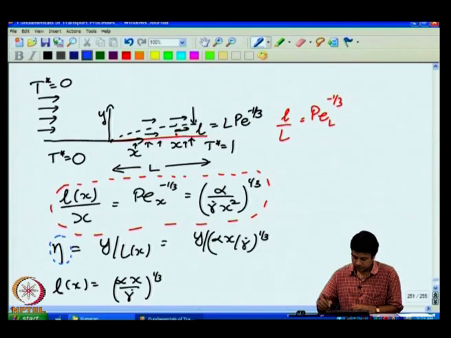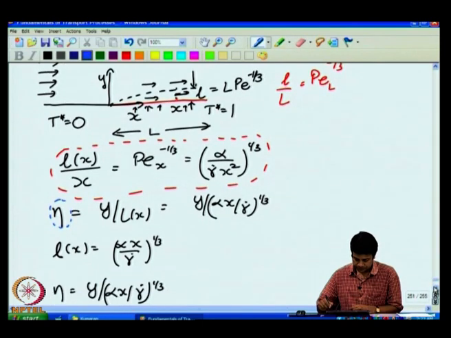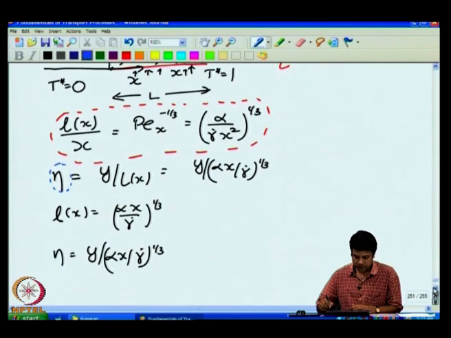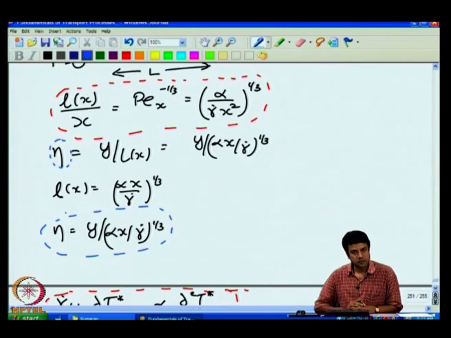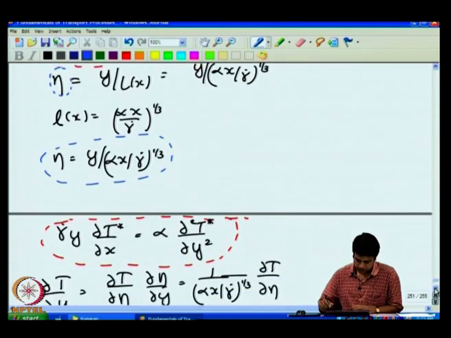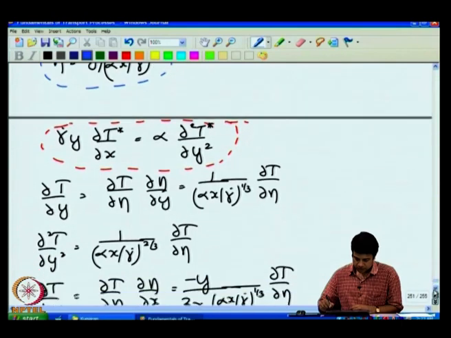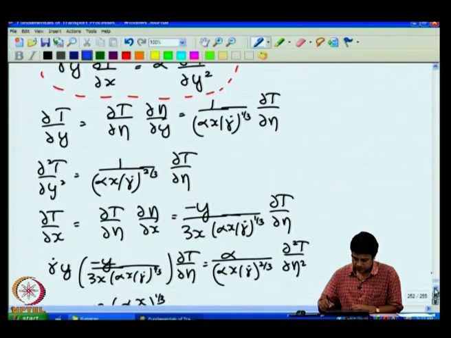It should depend only upon eta alone. So, this was the similarity variable that we had defined, based upon our argument that at a given location x, the temperature field depends only upon x. So, this was inserted into the conservation equation,